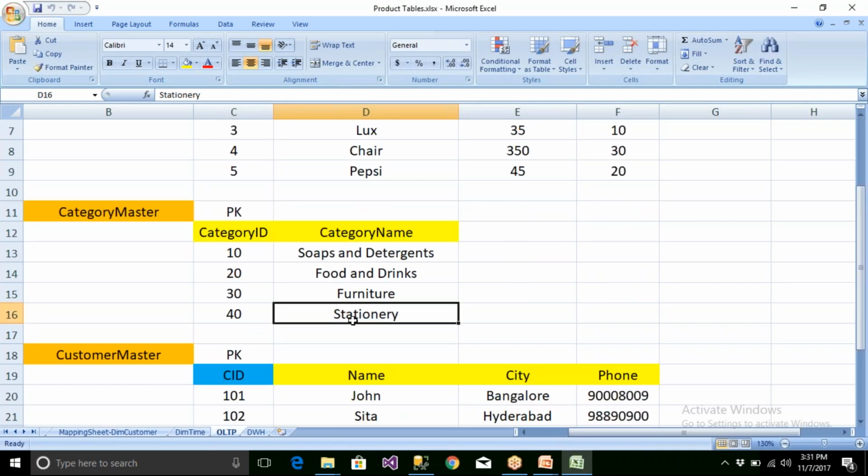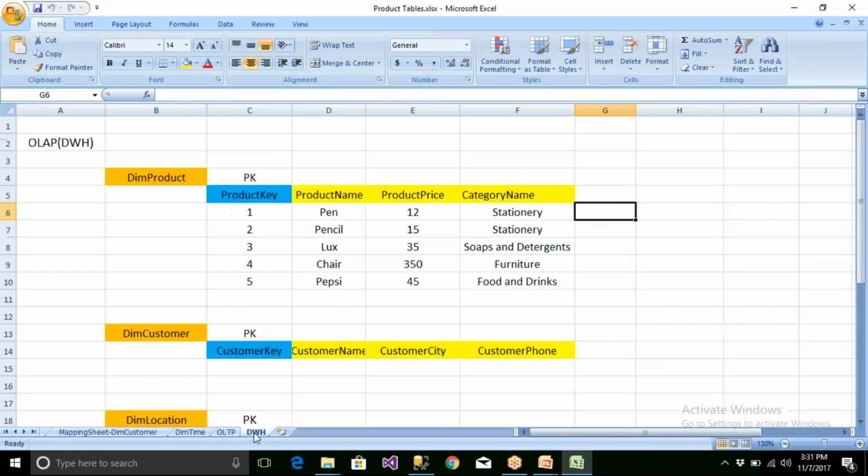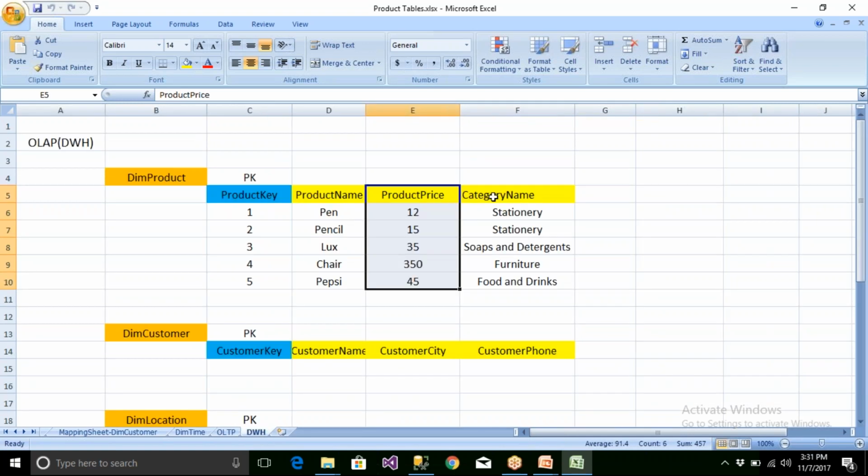So what you do in the data warehouse, the product master table will be called dim product. You have a product key, a product name, a product price. And here we have category ID, but when you see here there is no category ID, we have category name.